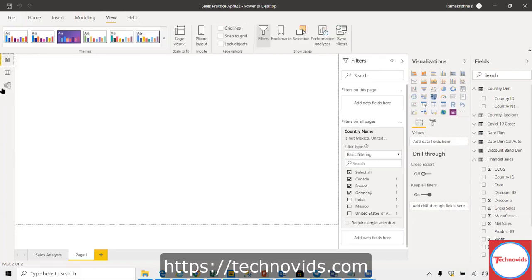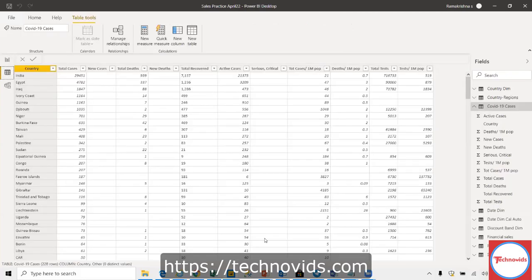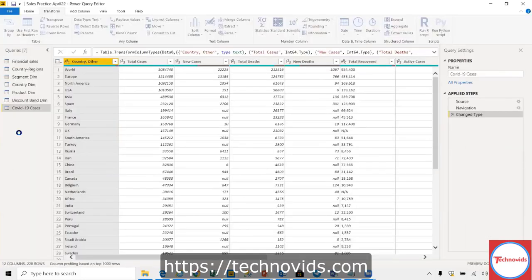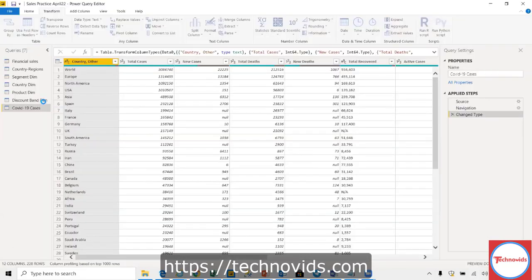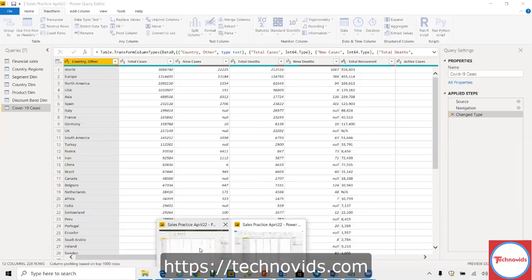Okay, I have to be in query editor. Sorry. Hold on, I think it is a bit busy here. Why is it busy? Okay, this is fine. Why this is busy, I'm not sure. Okay, let me come back to that.